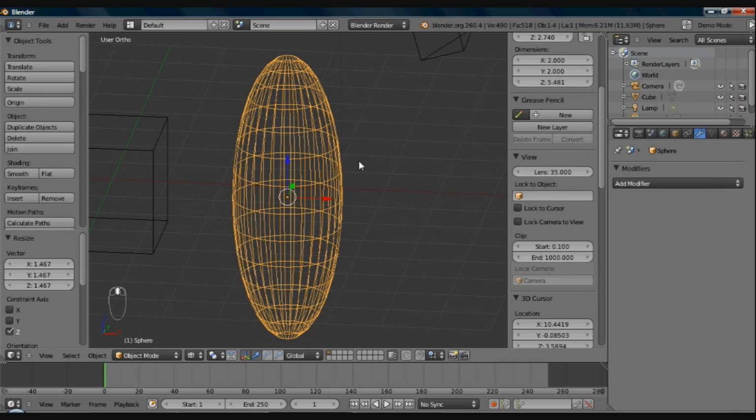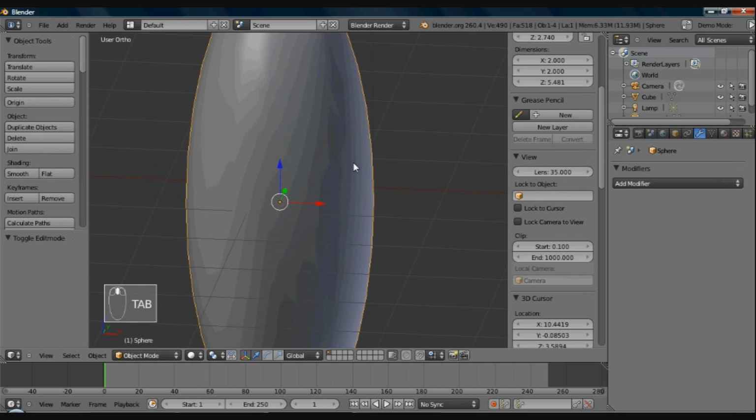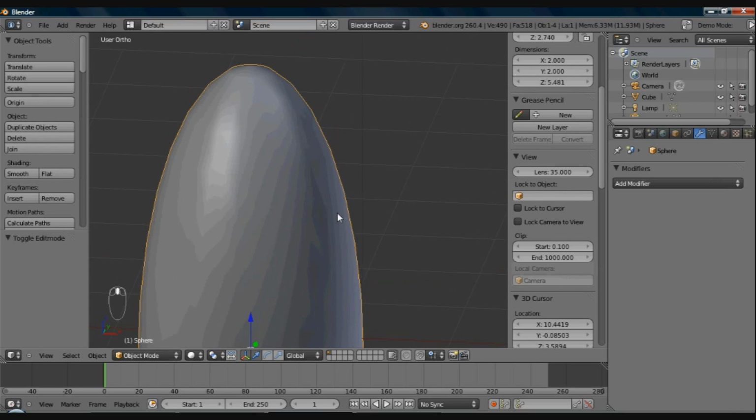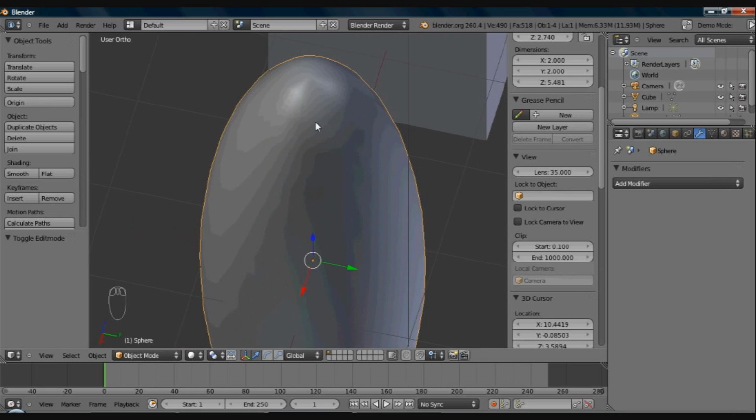And tab back out. Oh, sorry. Hit Z for solid mode again. Typically, when you render this, you'll see the triangle show up right up here. It doesn't smooth it out perfectly, especially when you get it really deformed. It's not very smooth. So instead of using a sphere